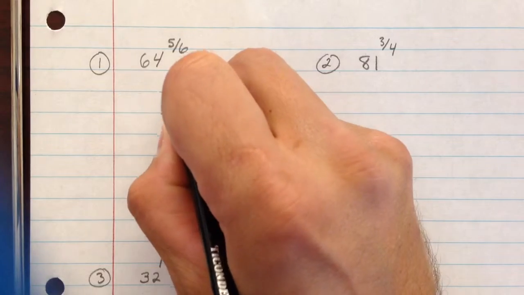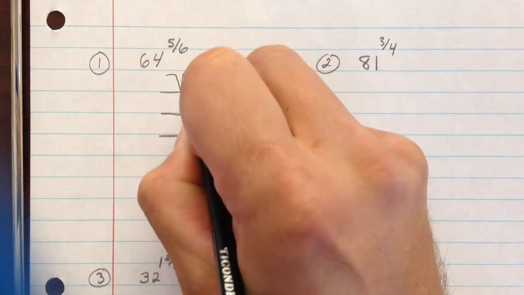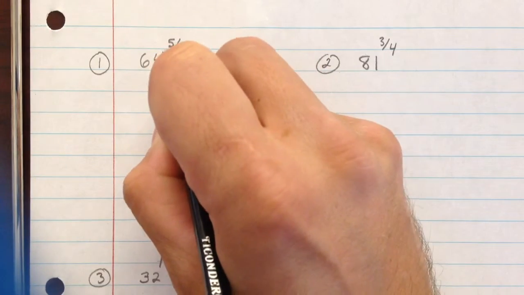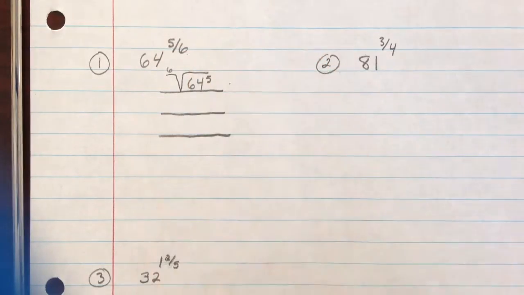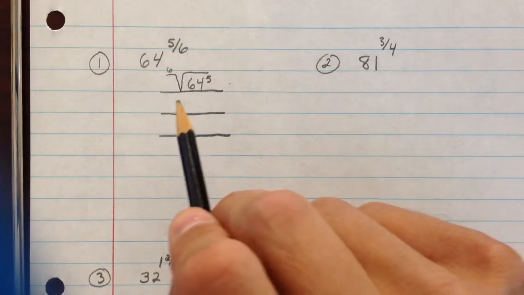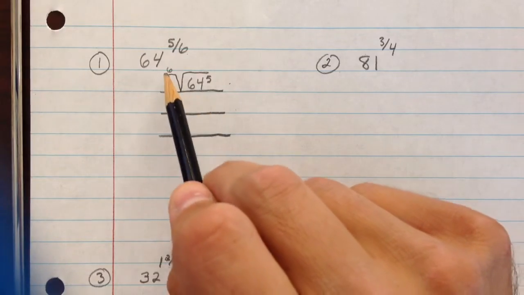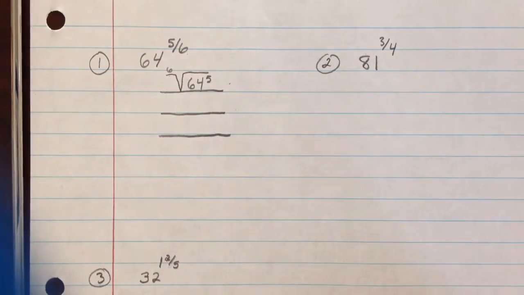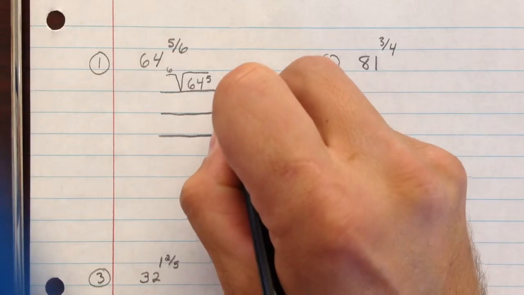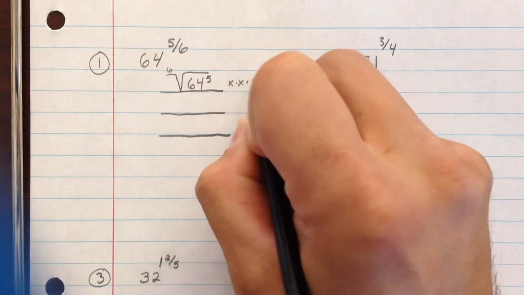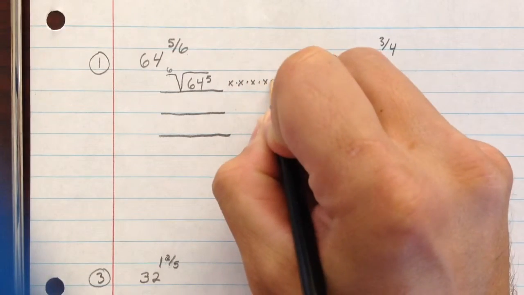So first, let's write the radical like this, 64. Put the 6 out here on the shelf, and the 5 goes inside. And then we got to figure out the 6th root of 64. And this is where calculators do come in handy, but keep something in mind. If the 64 is a whole number, then whatever number is multiplied by itself 6 times gives you that is also a whole number. So you could think of this as something times something, again, times itself 6 times